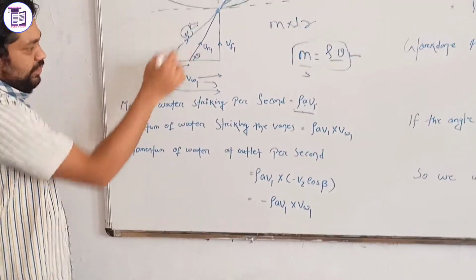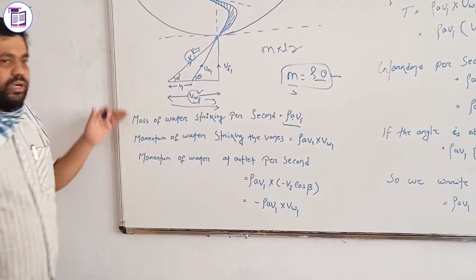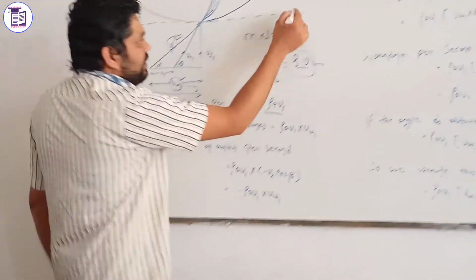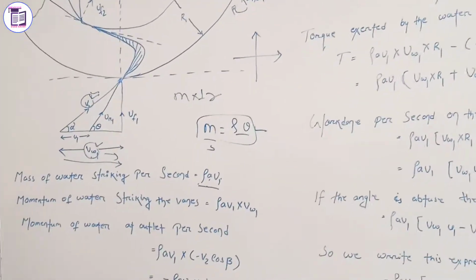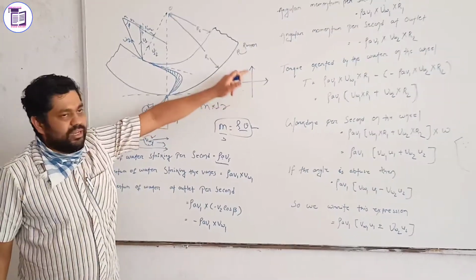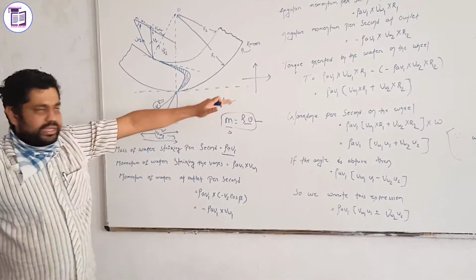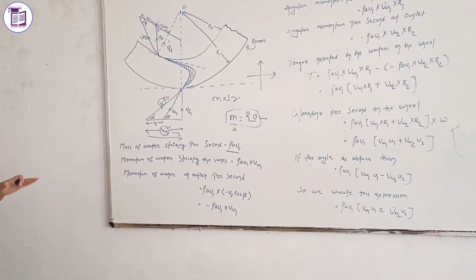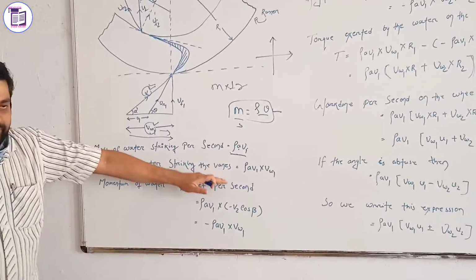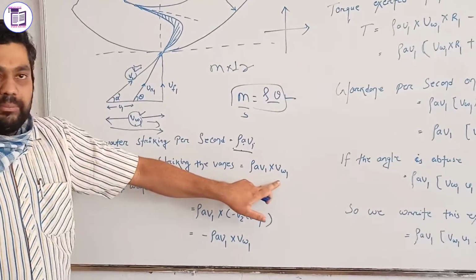So using V1, you can write V1 cos alpha is equal to VW1, which is called the tangential flow, because we represent things on a horizontal-vertical axis. If you consider horizontal and vertical, they represent 0 to 180 or 90 to 270. In this way you can represent this. That's why we consider the tangential velocity. So the momentum of water striking the vane is equal to mass into the tangential component of velocity, which is VW1,